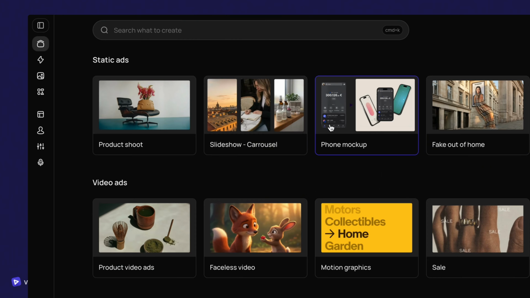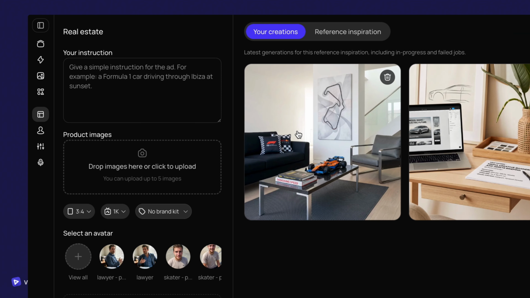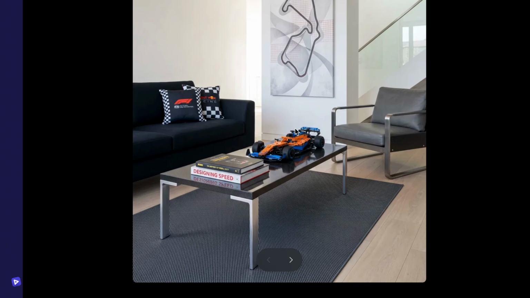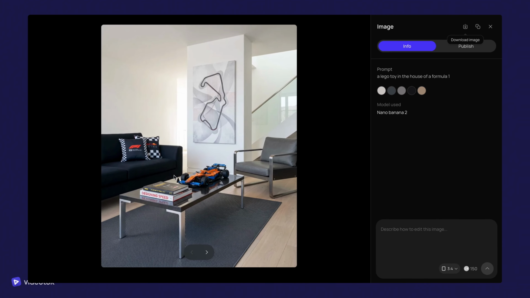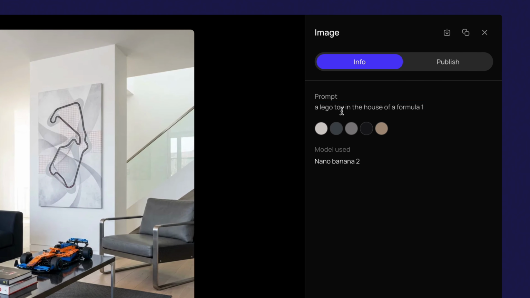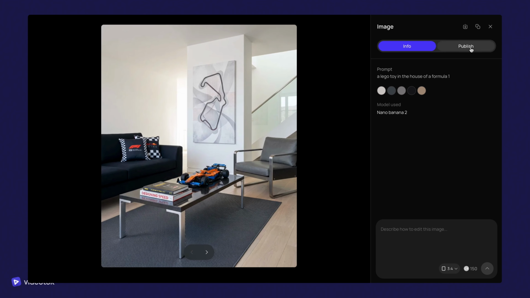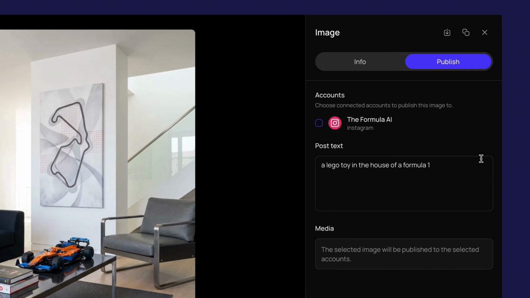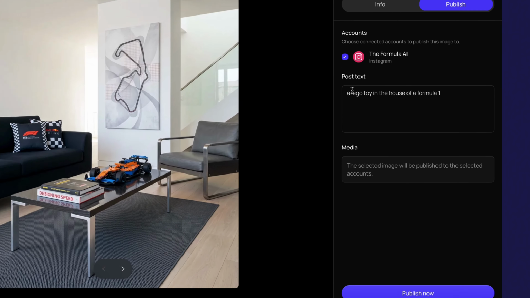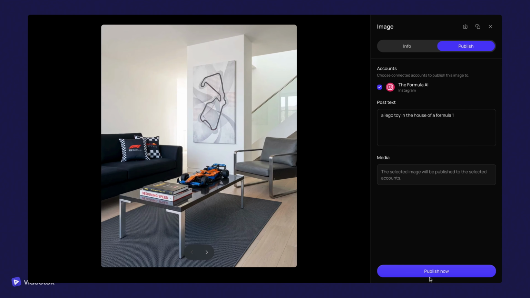We can go back to the other generation we did at the same time in your creations. Here, for example, we can see this whole image that I didn't have to prompt it to create. My sentence was basically a Lego toy in the house of a Formula One. I didn't even write it well, and just with something super simple as this, we are generating these high quality images. And then the good thing is that we can publish it. So we could select our Instagram channel,